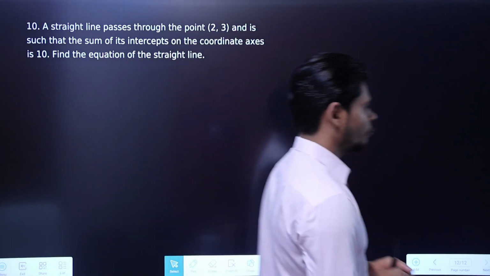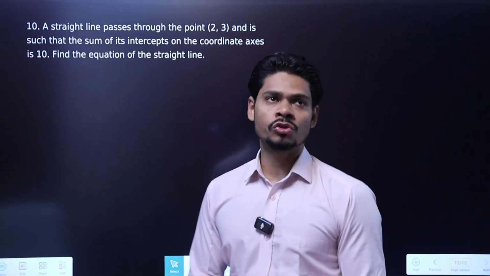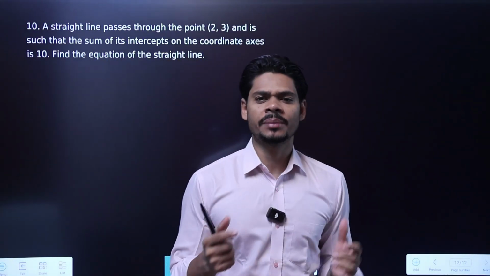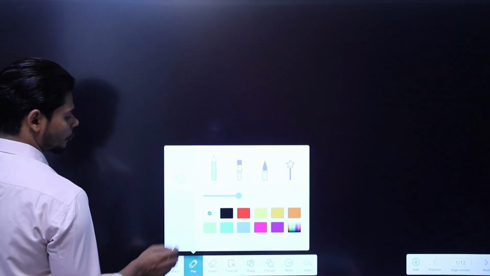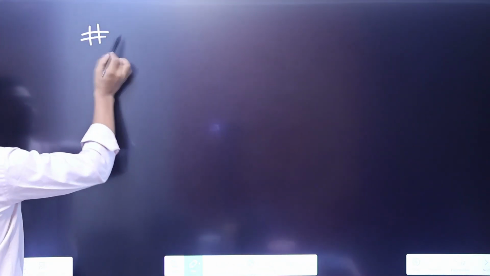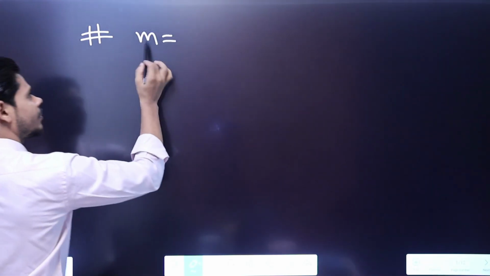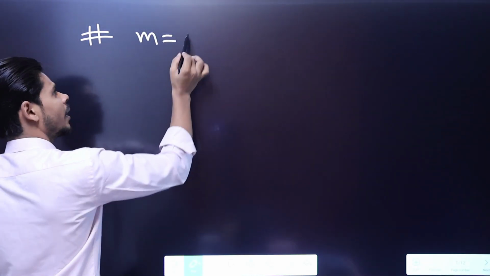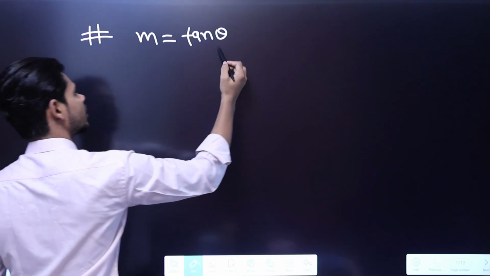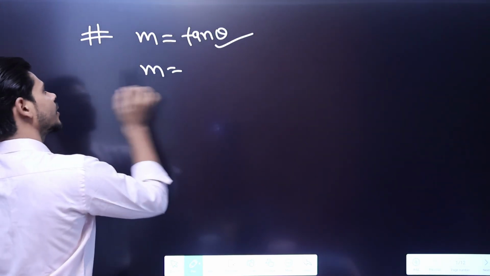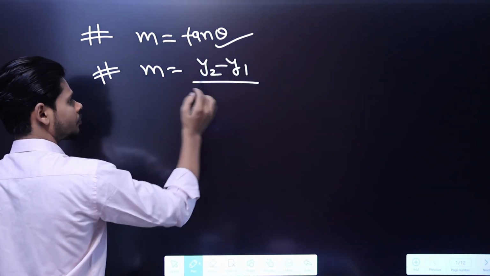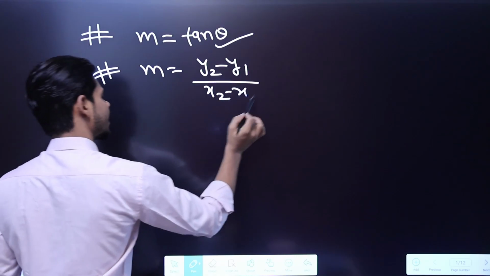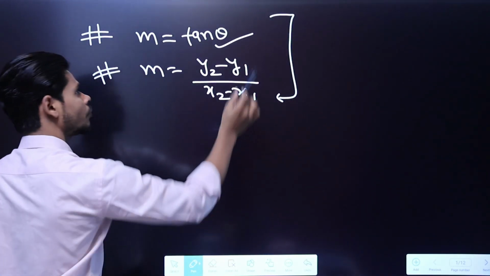So we were doing equation of a straight line, and already in the last two sessions I have explained the basic concepts, basically the formulas or the equation forms. For example, initially I explained that m represents the slope, and there are two formulas: first in terms of angle, and second in terms of 2 points when they are given, so y2 minus y1 divided by x2 minus x1. These were the two formulas to find the slope.